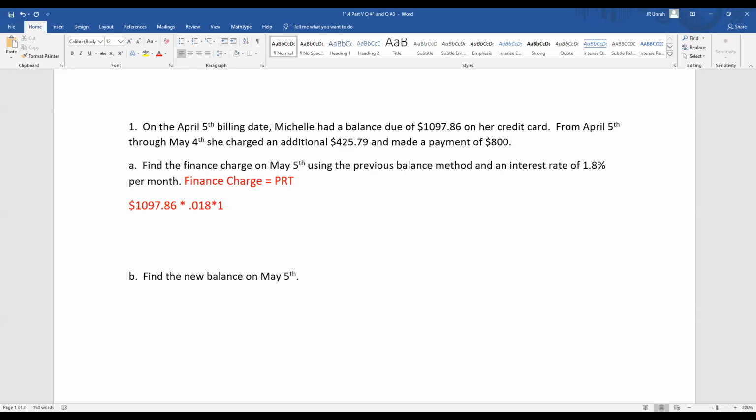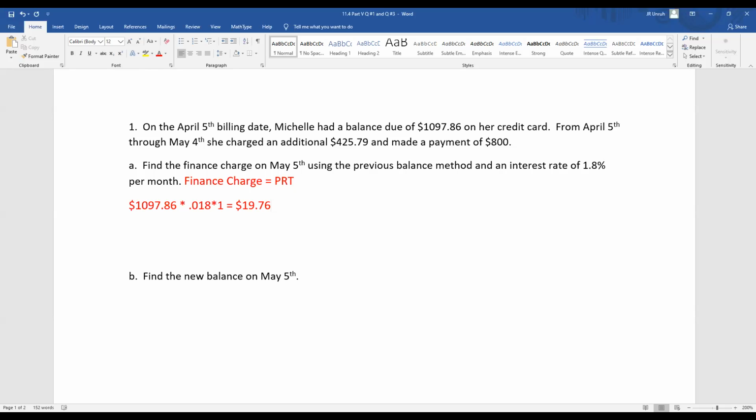The one represents the time. The rate is given to us as a monthly rate, and our time that we're looking at is just 1 month, so that's why I have the one. And we're going to multiply all of that together. I get 19.76. So the finance charge based on the previous balance is